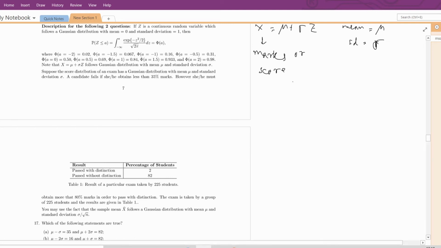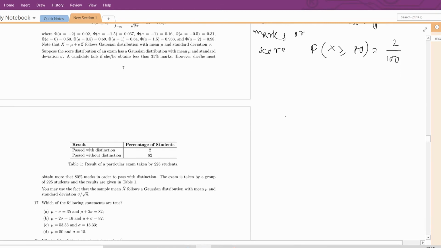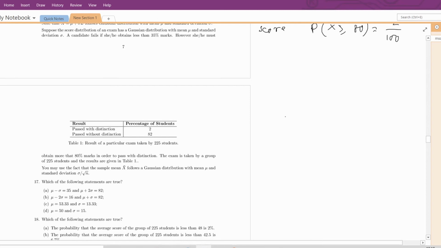So we can write the probability that the score is greater than or equal to 80, thinking that the total marks is 100. So probability of X greater than or equal to 80 is, since 2% of students have passed with distinction, 2 by 100. Why are we doing this? Because we are trying to find an equation or a relation between mu and sigma, which we have to find